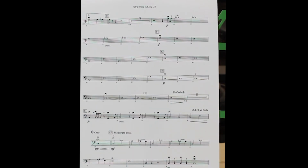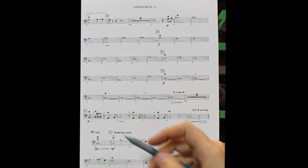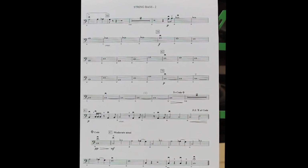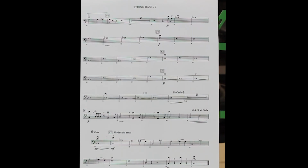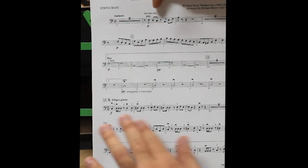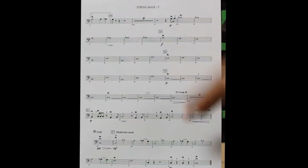Now, unlike all the other pieces that had a coda before, in this one, your coda is pretty much a note with a fermata on it, right? So the first measure of the coda is not literally the beginning of the end of the piece, right? As soon as you hit the coda, you actually just hold on to this note for about 6 beats. There's going to be a breath mark right after that, so a very short cutoff, and then we start a lot slower, right? So the piece starts slow, goes very fast at 29,